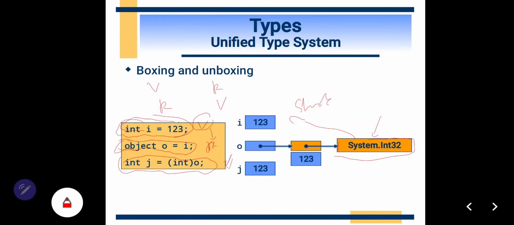But because you want to convert from stack into heap, this System.Int32 will be stored in the heap.